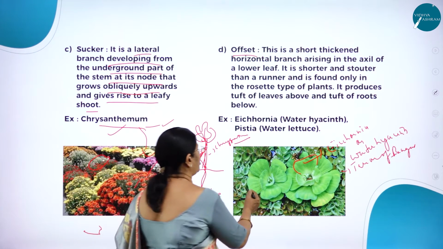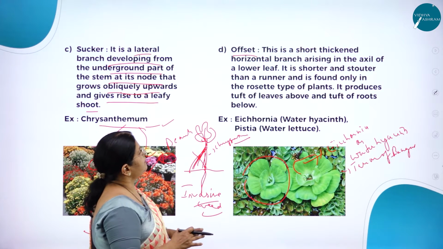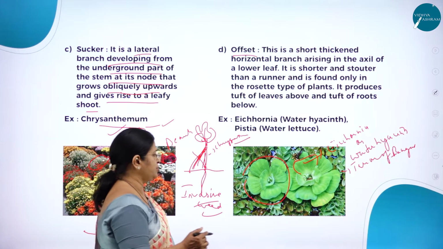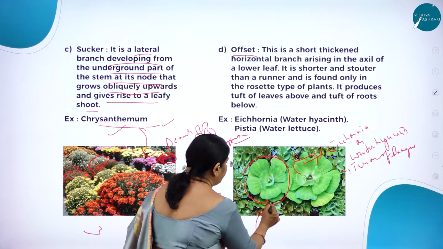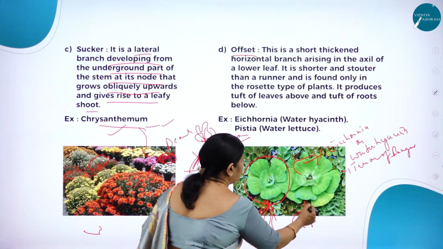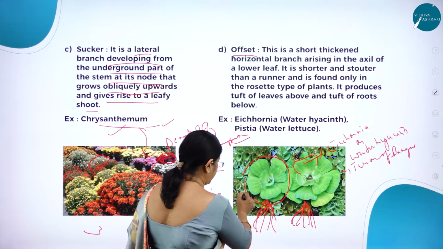Here you can see this is called rosette. Just all over it is spread, and it produces what? Tuft of leaves above and tuft of roots below. Here you can see the tuft of roots like this. Tuft means what? Group of. Here you can see, and see how many small